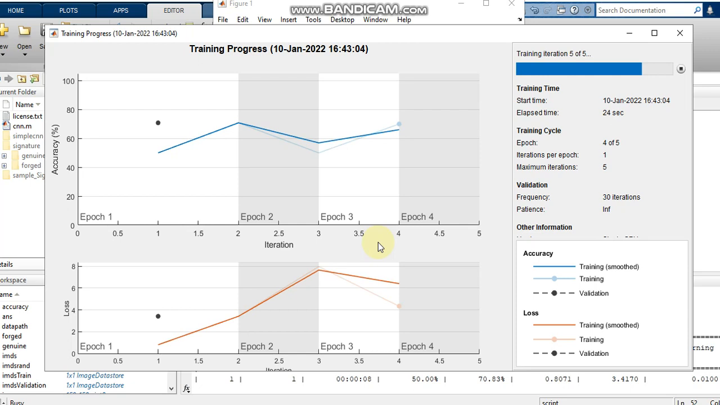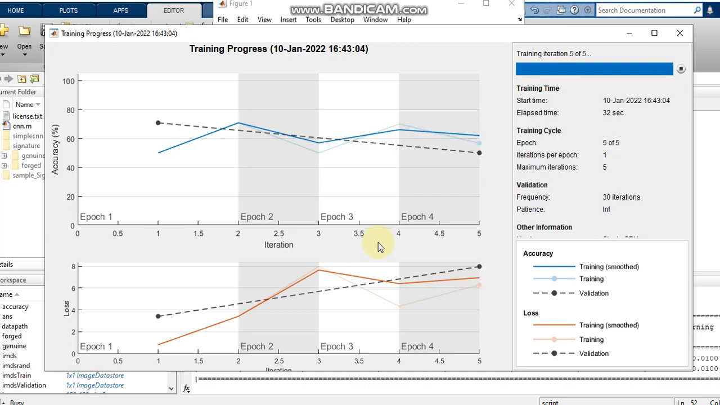This is not increasing, it is fluctuating. In one case it is increasing and in one case it is